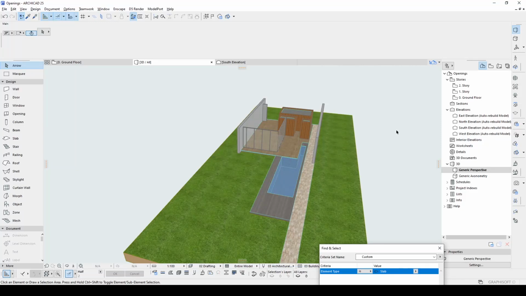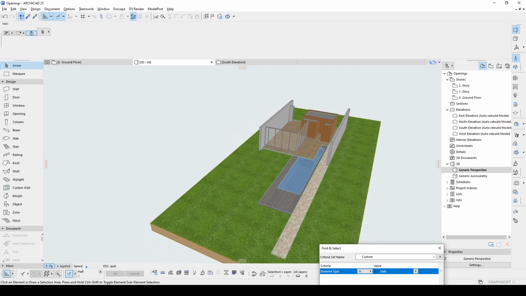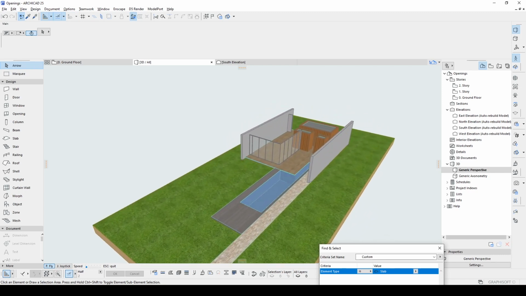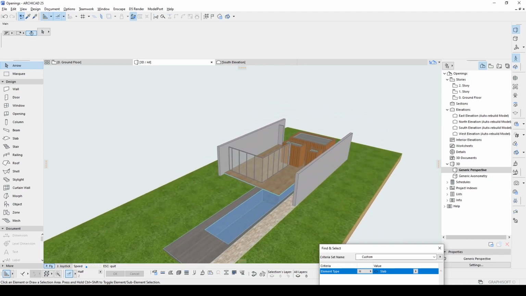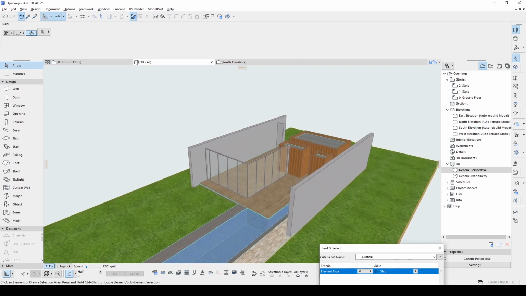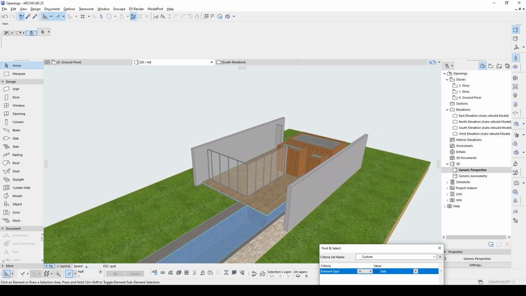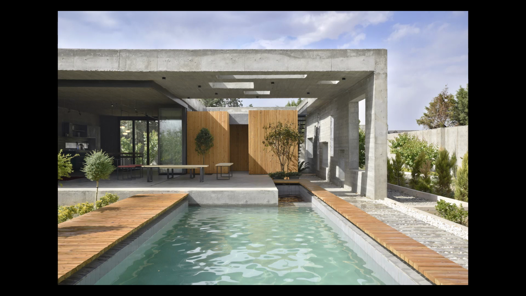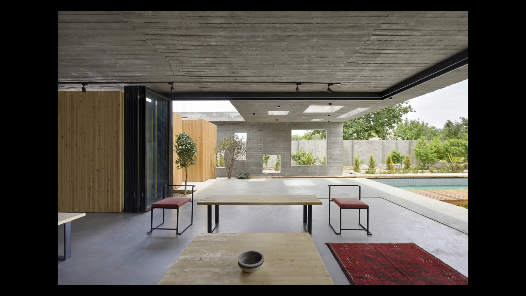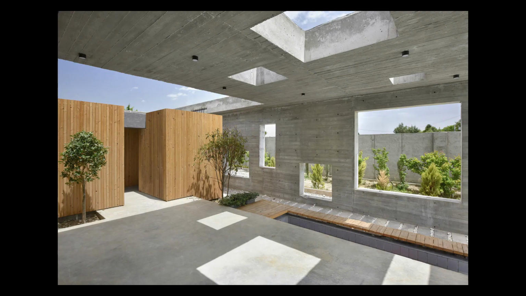Today we are going to learn openings in ArchiCAD. Here you can see an interesting building, but this building does not have a roof on top. We are going to create it together, and for that roof, for designing purposes, we are going to create some openings. As for the walls and the roofs, it's going to be a nice experience for designing, because I believe